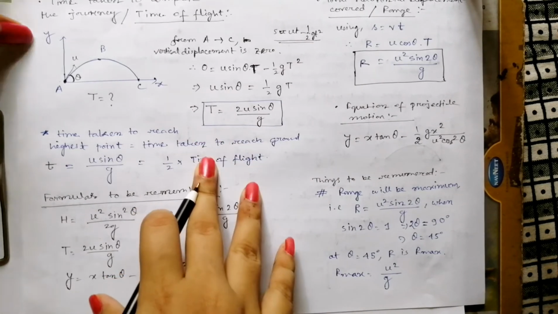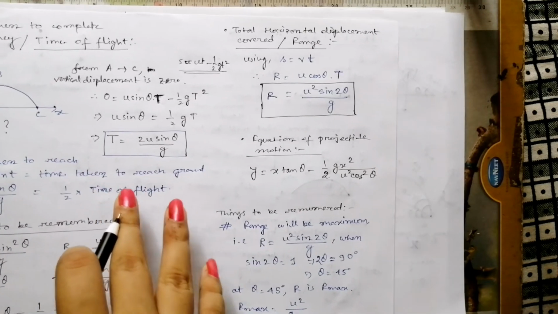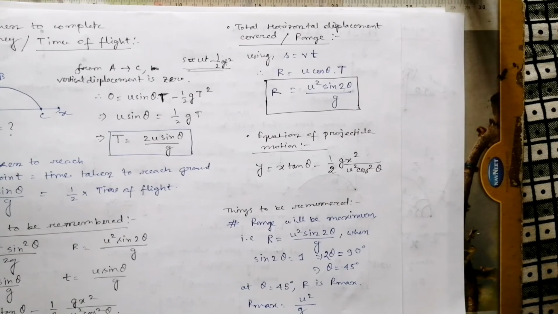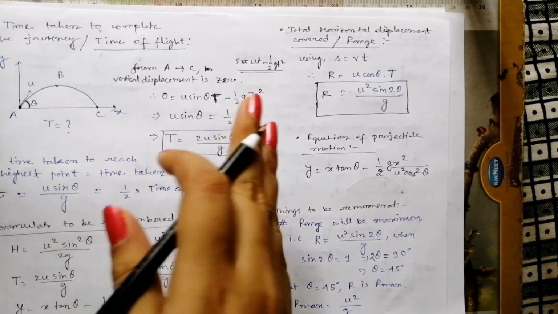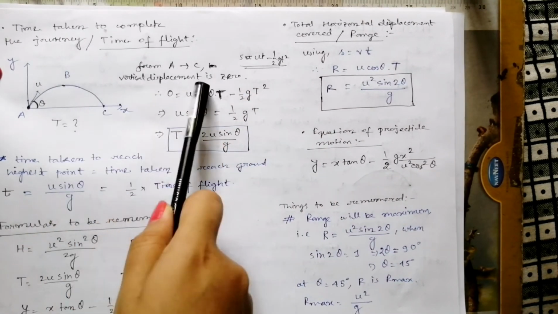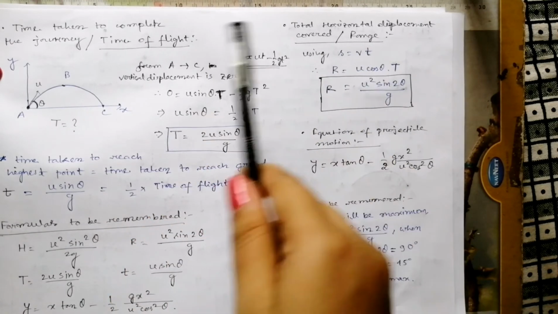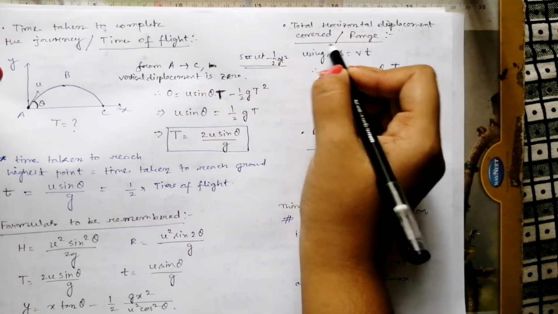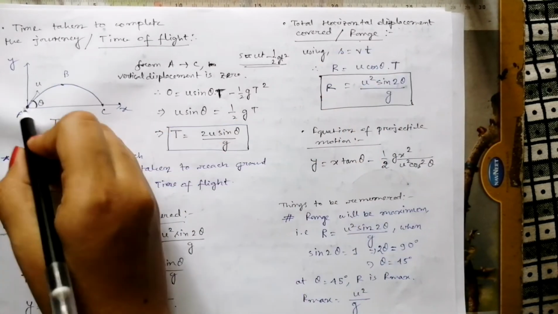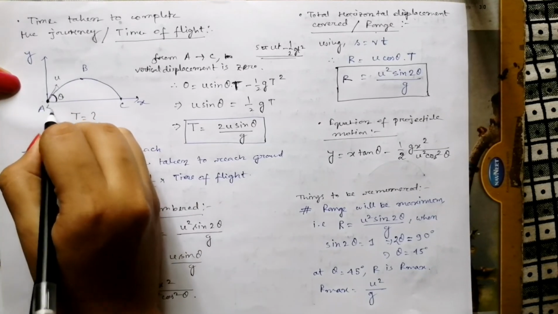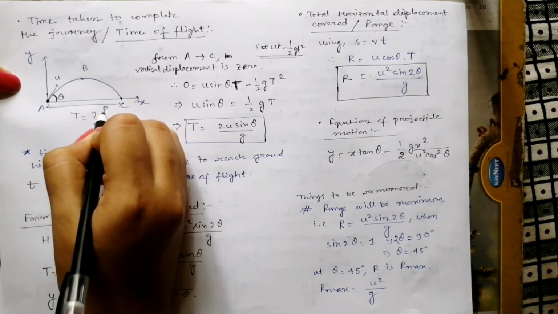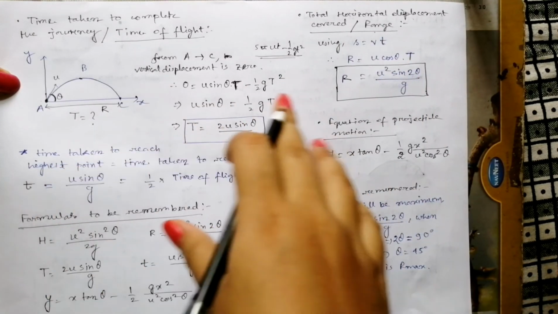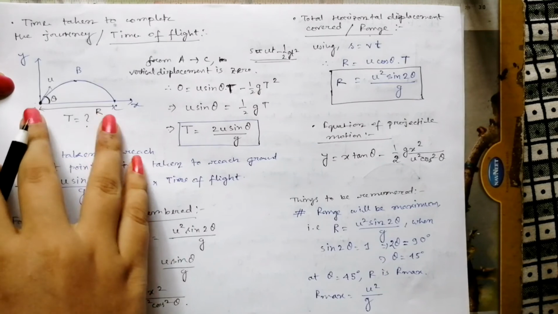Okay, so moving on to the next formula. If someone asks me what is the horizontal displacement covered by the particle? Because till now I have talked about the vertical displacement, not about the horizontal displacement. So what is the horizontal displacement covered by the particle from A to C? So you can say that this is the horizontal displacement r. It is called range, or we denote it by r. So what is r? We have a formula,